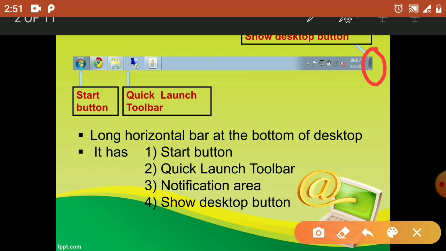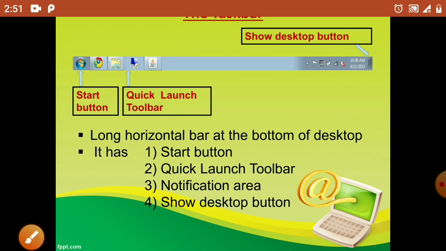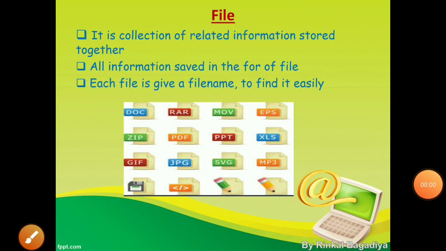So whenever we open so many applications and we want to directly jump to the desktop, at that time we can use this show desktop button. So this is our taskbar of the computer.